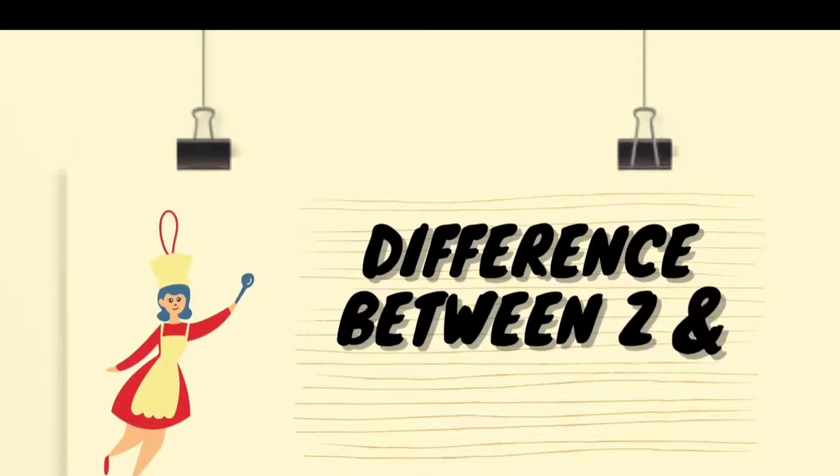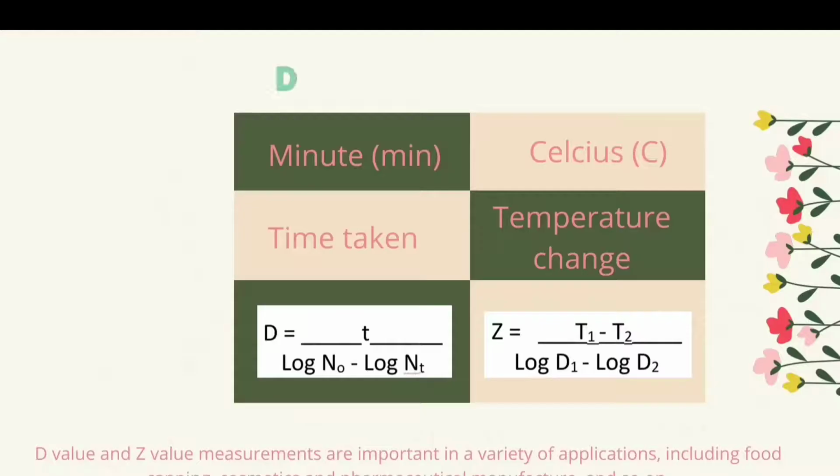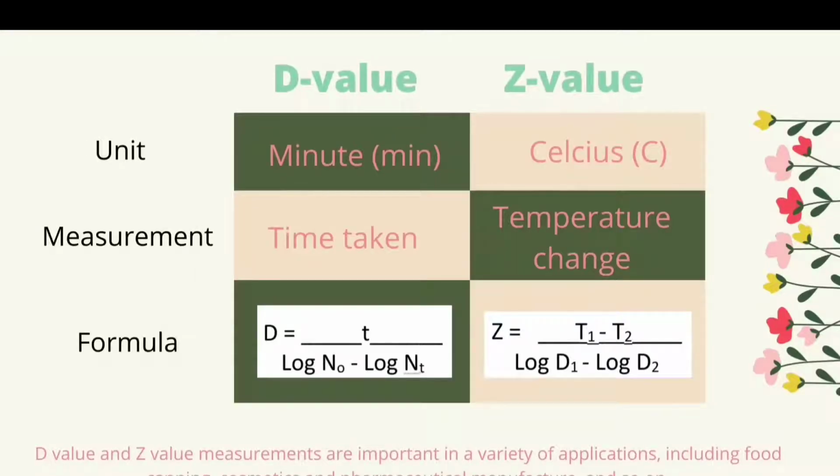Difference between Z and D value. As the definition of D value talks about time, the measurement is time taken and the unit is minute. D value can be calculated directly from the graph of number of survived microorganisms versus time. So the formula is stated there, where N0 is the initial bacteria load, while NT is the number of bacteria survived after